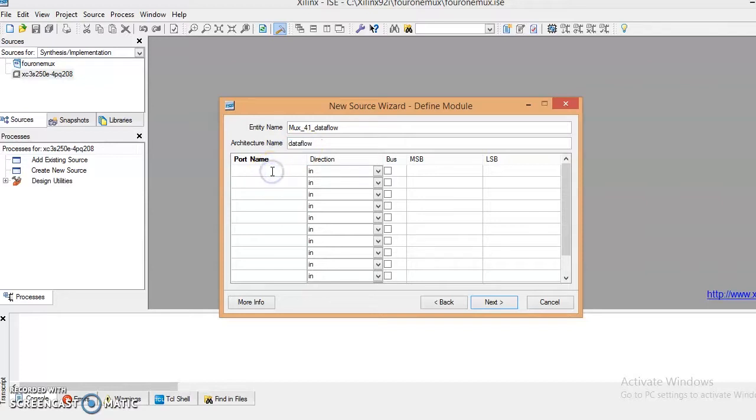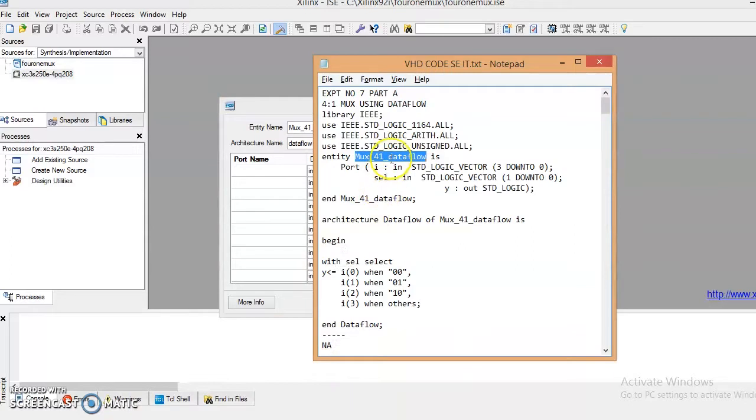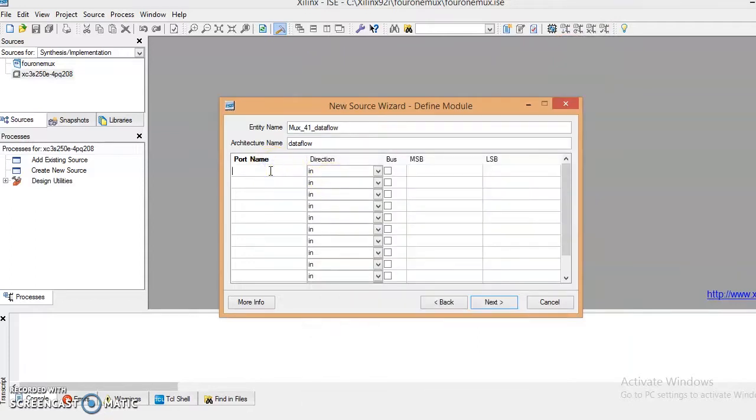Now declare the ports. For using data flow, we need to use the input ports as a vector, as you can see in this code. First you have to decide, this is my entity. I'm declaring here I is my input, then select is again my input, and let's say Y is my output here. So change this direction